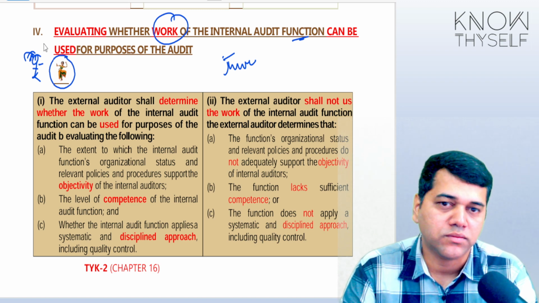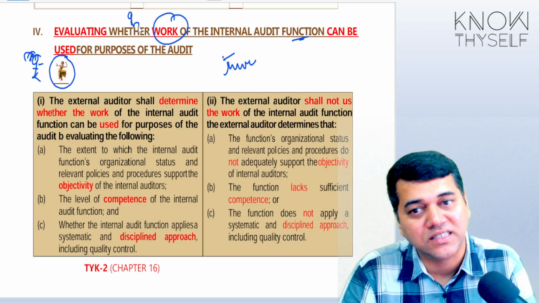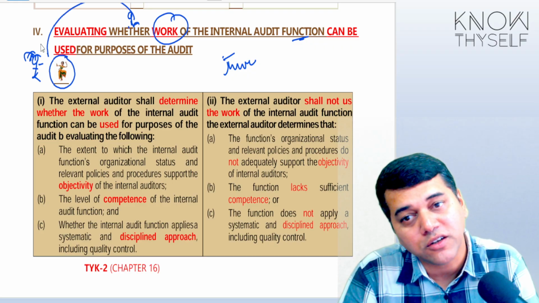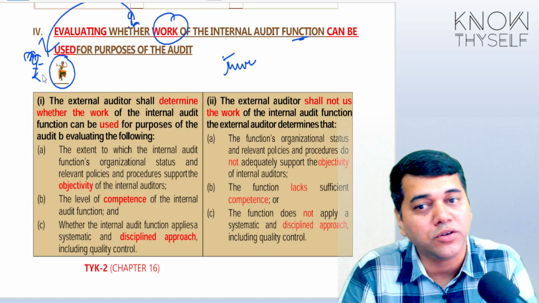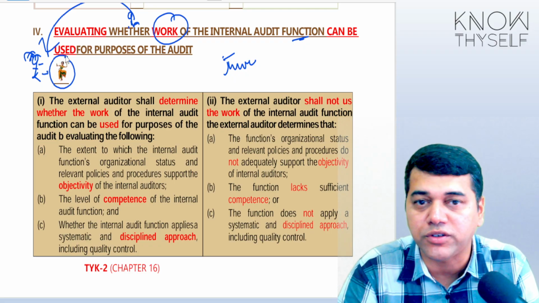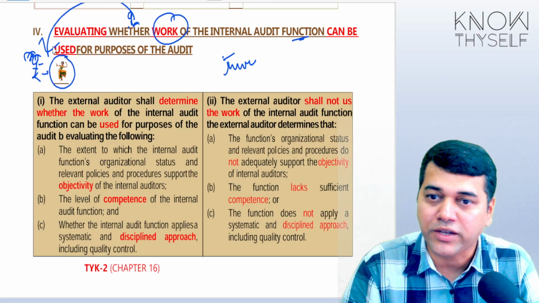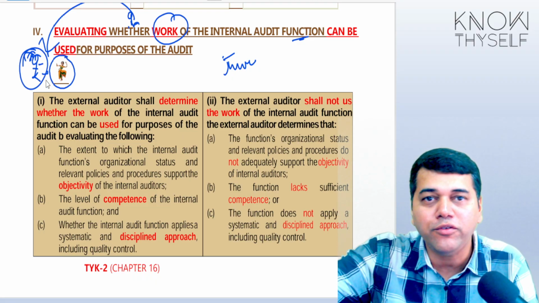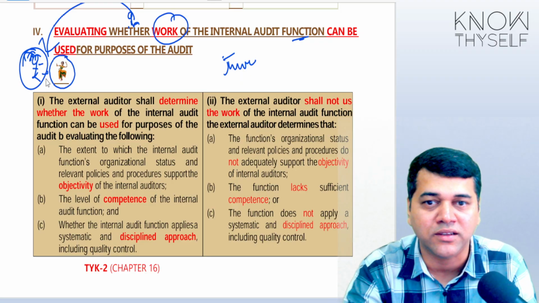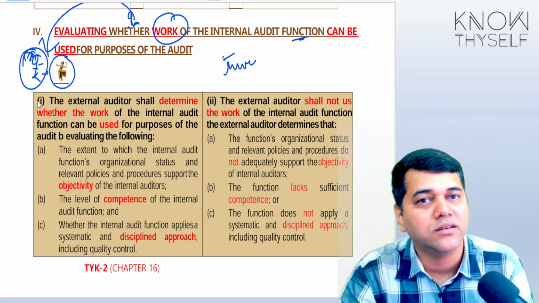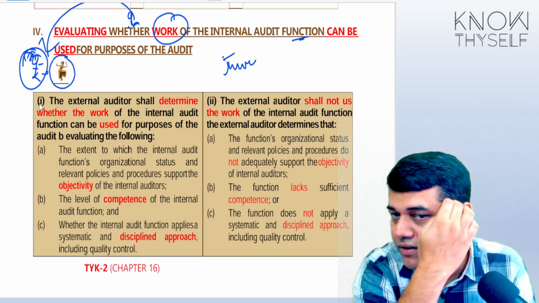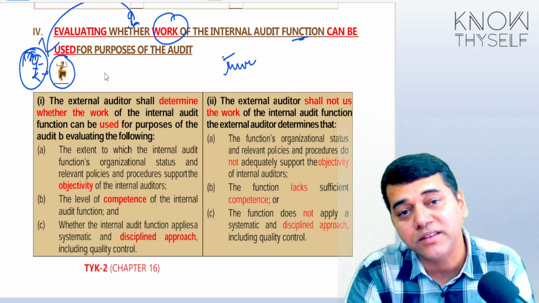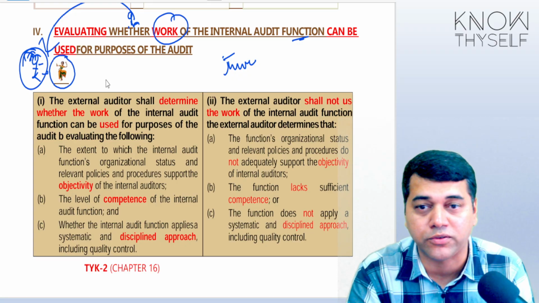Now, my question: can the dance teacher use the work of this internal auditor? Because she has to train, say, 20 students, which may not be possible for her. So, can she make use of this? Because anyhow, this internal auditor is also reviewing what she is dancing, what she is practicing. Can she rely on her work? Keep this in mind when we are talking. And please keep this in mind along with the example of the previous Mahabharata war also.